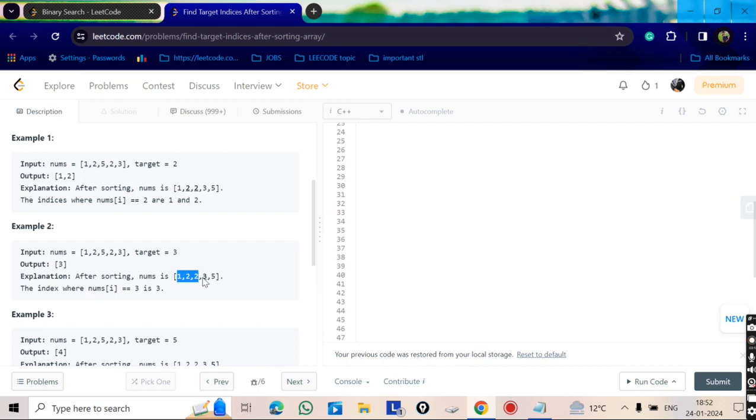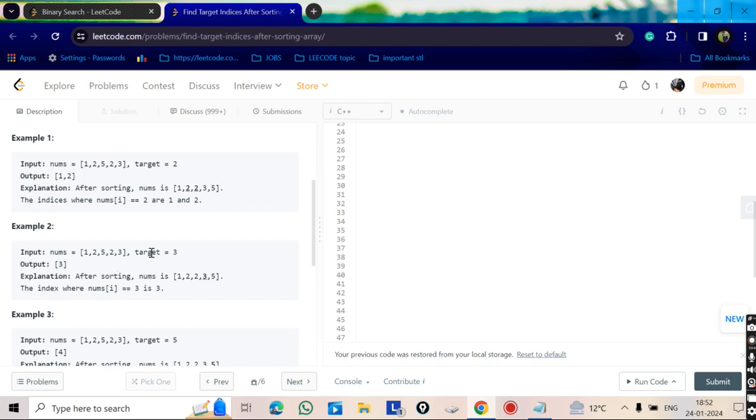The index of the target is the number of elements in the array which are less than the target. There are 3, so the index of the target element starts from 3, because it is a 0-indexed array: 0, 1, 2, 3. Then it will be fine.